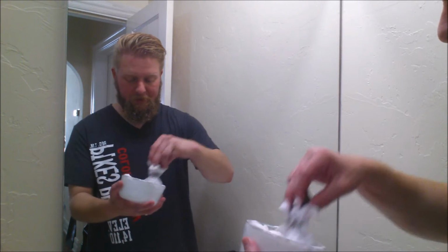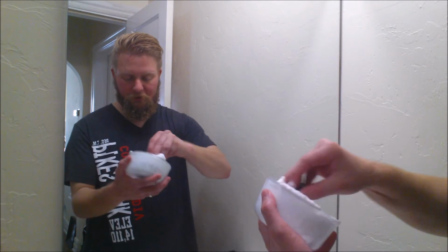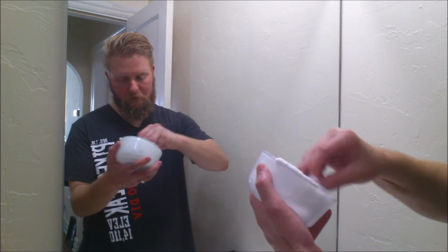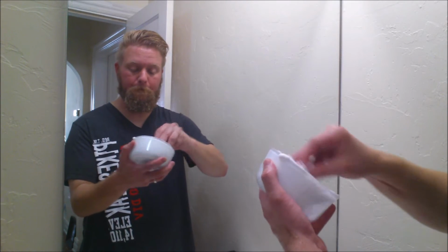And again, as they say, when you're lathering, don't start out with too much water, but as you're going, don't be afraid to add water, because a lot of times these soaps can handle it. So,